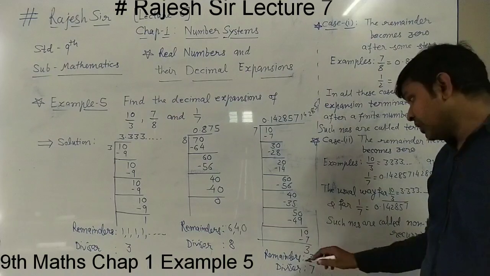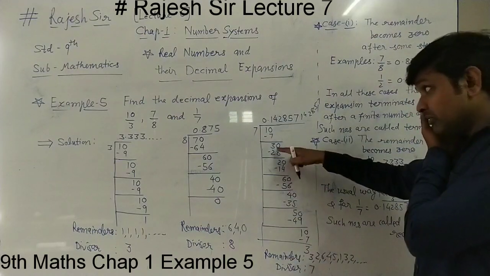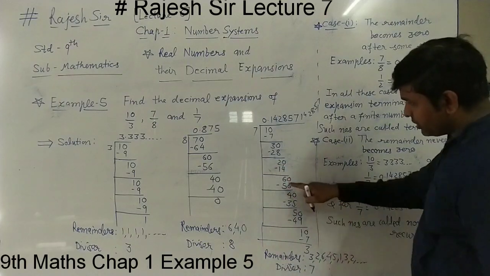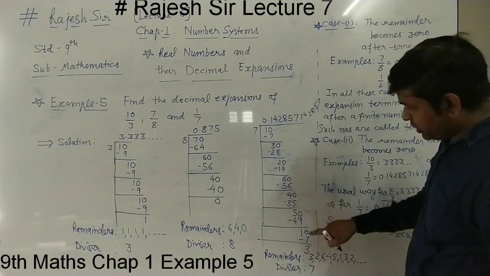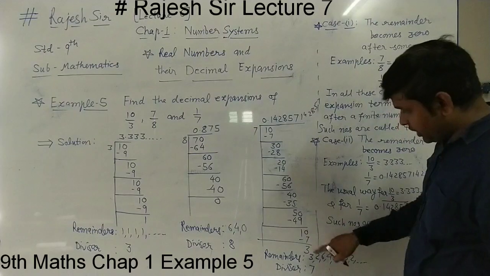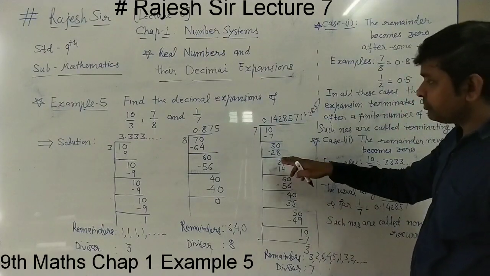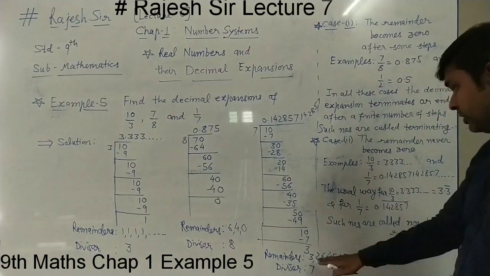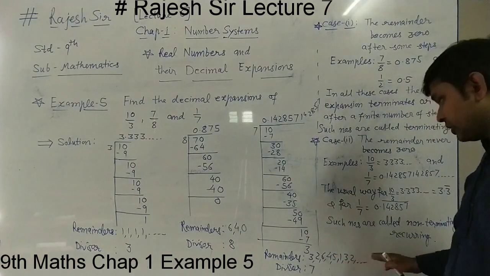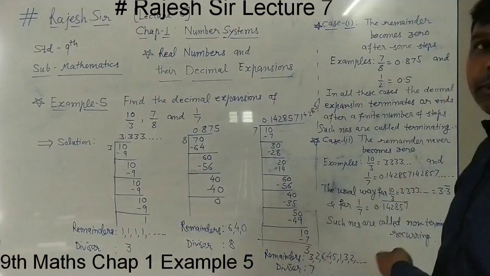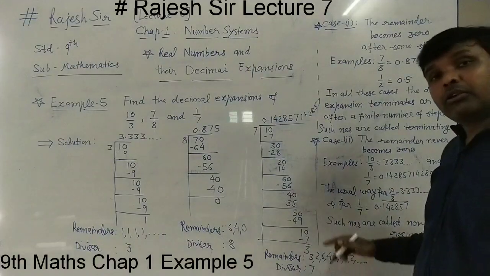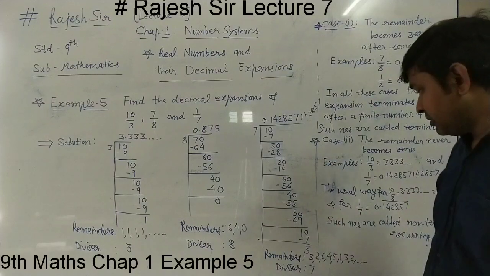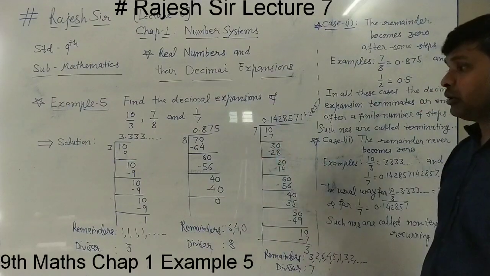So the remainders are, as we have done, first we got 3, then 2, then 6, 4, 5, 1, again we will get 3, and similarly repeating it will be 3, 2, 6, 4, 5, 1, 3, 2, 6, 4, 5, 1. The remainders will be repeating and repeating. And it will not end because we are not getting 0 as remainder at any stage. The divisor is 7 here, that also we notice.